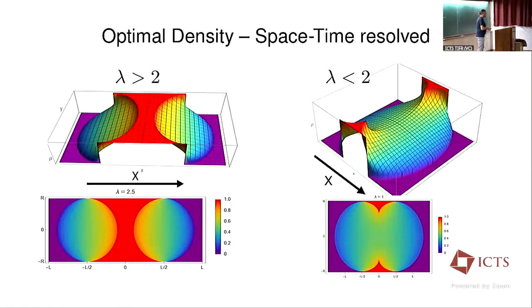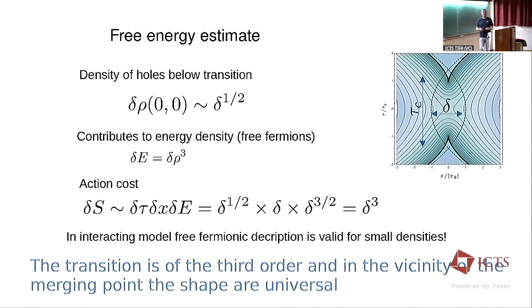Right. The fact that the transition is of third order can actually be inferred by a simple estimate. Let's concentrate on the central part slightly after the transition happened. Delta represents the distance from the critical value of the parameter lambda. First of all, I can say the following thing. I claim that everything depends on this small central region. This region is very small. Delta is very, very small.